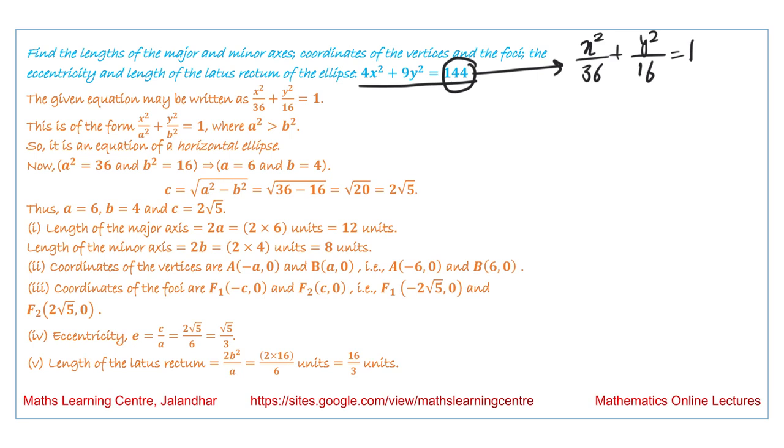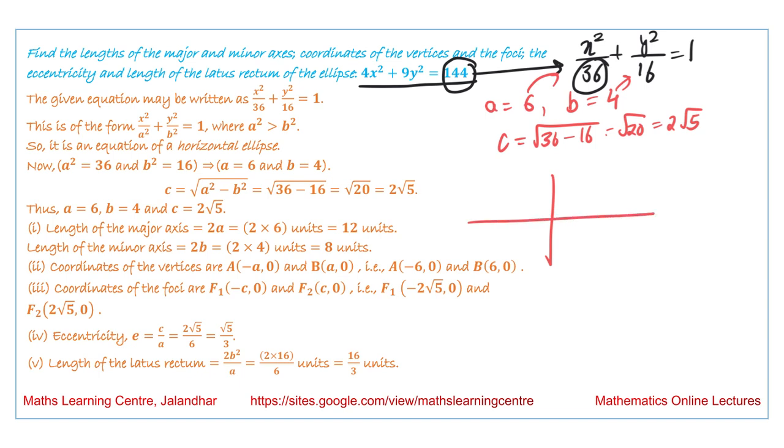From this again we can see 36 is greater than 16. So again it is a horizontal ellipse, and the value of a is 6, and the value of b is 4. So c is equal to square root of 36 minus 16, that is root 20, that is equal to 2 root 5. If we plot this ellipse over here,